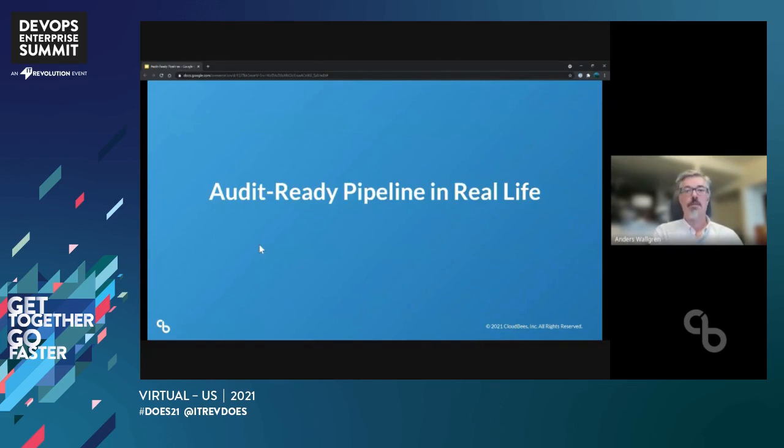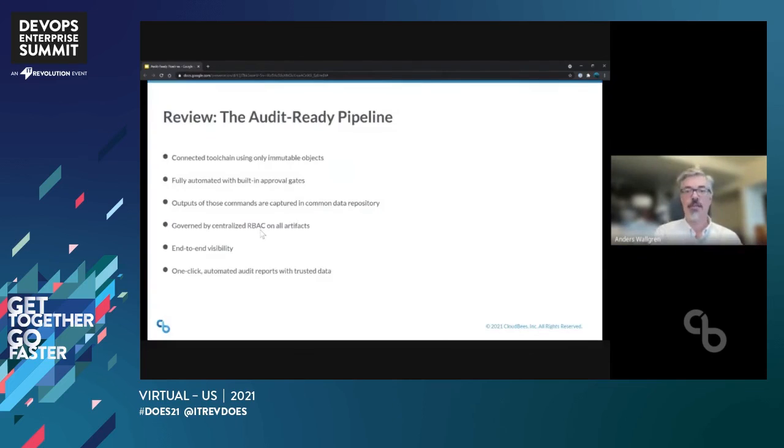We really want to be using the pipeline tooling, the orchestration tools, the orchestration platforms that we're using to create and use audit-ready pipelines. And so I'm going to go through a little bit of a real life or more real life example here. But first, just a quick review of what it is that we're